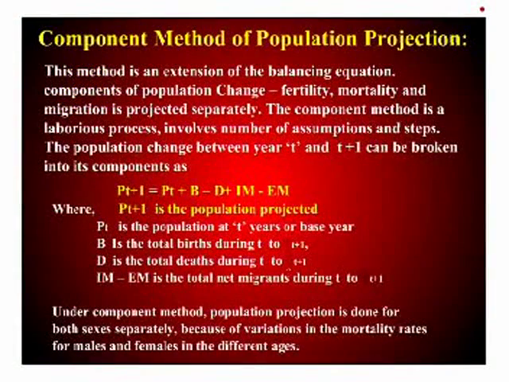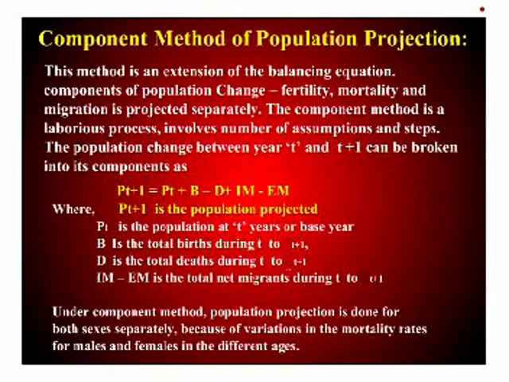The component method is a laborious process. It involves a number of steps. The calculation procedure also needs time and a number of calculations are required. But the population projected would yield better results when compared to the results obtained from the mathematical methods of population estimates and projection. The population change between year t and t plus 1 can be broken into its components as